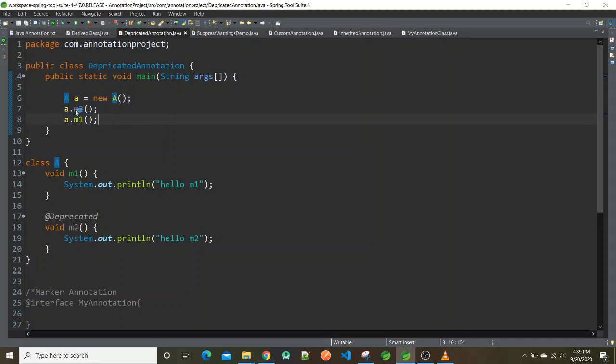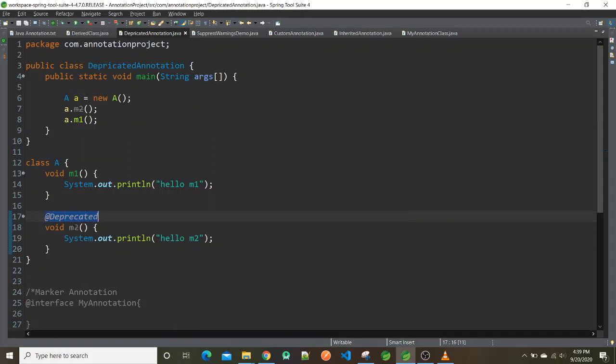So here you can see a strike over m2 method, and here also the IDE is giving a suggestion that this one is a deprecated method. This one is a user defined deprecated method. I have created the Deprecated annotation, and here I have given the @Deprecated annotation.